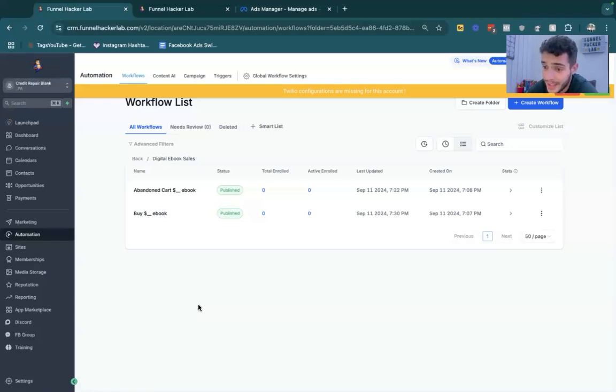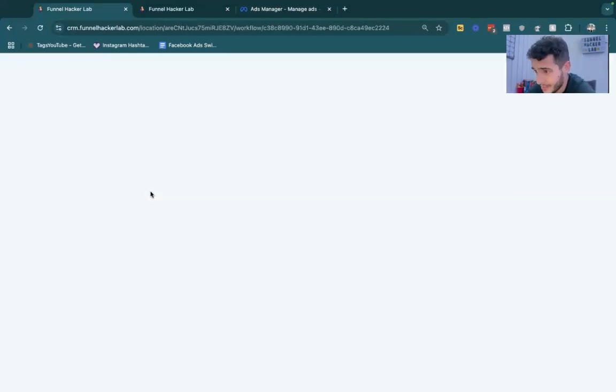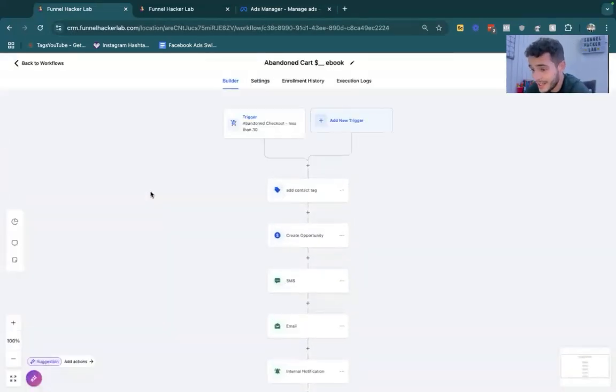You need to set up something like an abandoned cart workflow. Now, an abandoned cart workflow works just like this. It's very, very simple. People that opt in but don't complete the purchase, we want to hit those people with text, emails, voicemail drops, everything under the sun that we possibly can to get them to come back and then make that purchase. And maybe sometimes it's not necessarily just to bring them back to sign up for that $30 credit